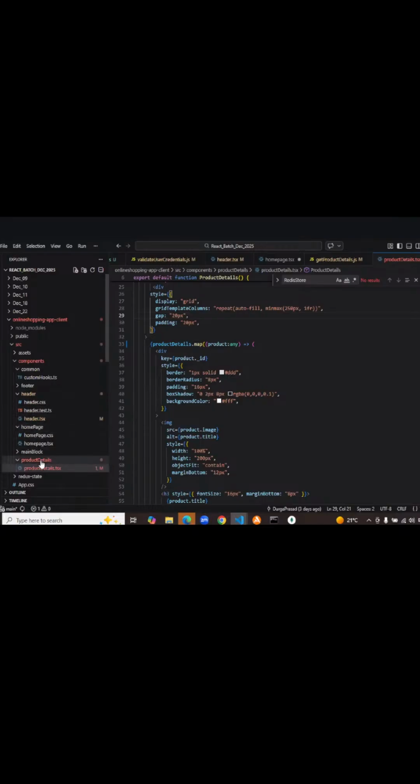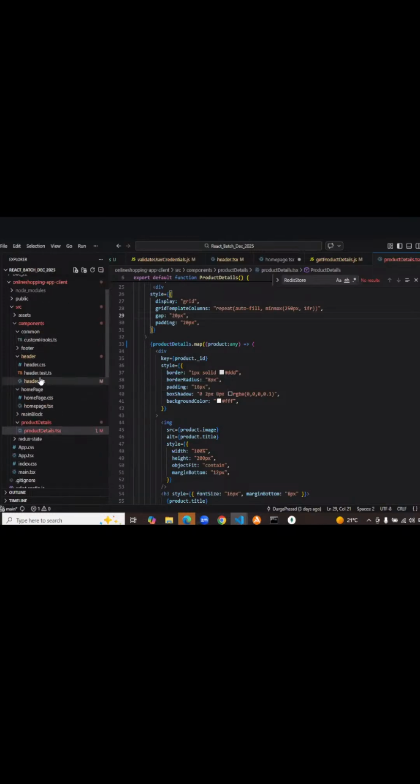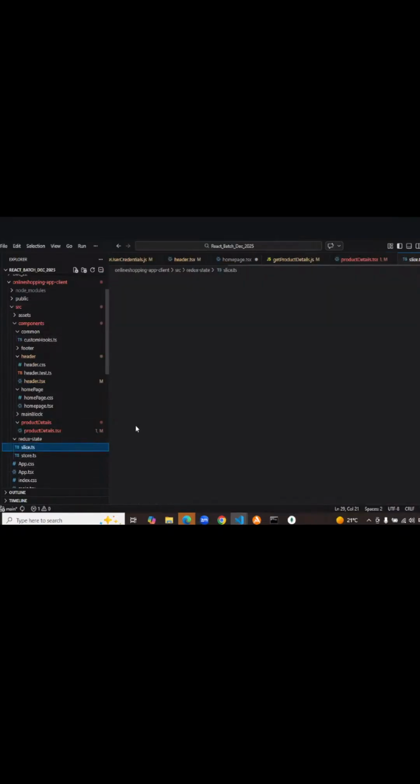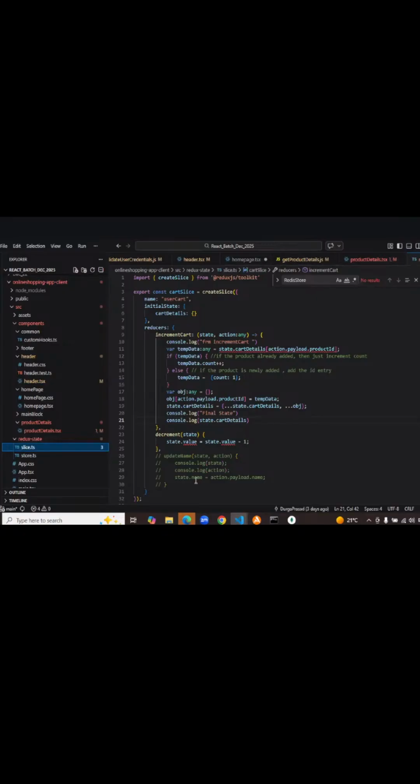Sir, actually, last night I was trying. Redux Toolkit uses Immer, so that is going to help. We are using that spread operator, right, sir? We took one temp object, but I made it very simple because all those things make it a little complex. Directly we can do count plus plus, that is working. We need not use the spread operator. This one you're saying, ma'am, line number 19? Yes, sir. Directly we can increase the count like state dot card details dot action payload product ID dot count